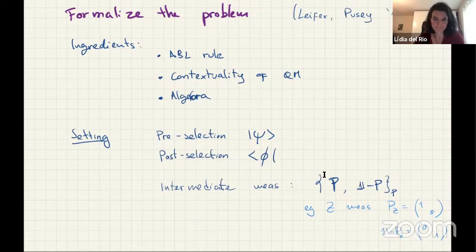And now we're going to expand this to a setting where we start from such a set of binary measurements, and we're going to assume that we can compose these measurements, right? So this is going to be the case like in the Hardy experiment, where we can compose an X measurement in the first qubit with a Z measurement in the second qubit.